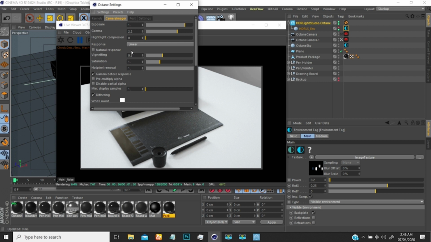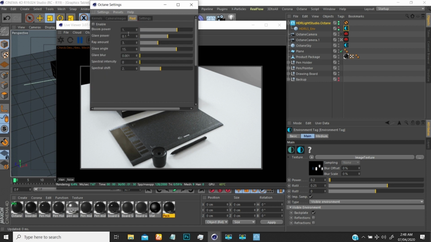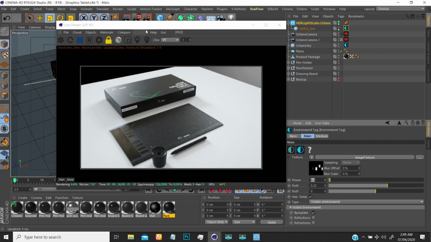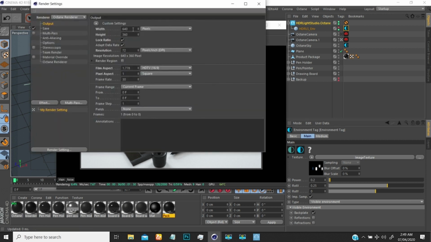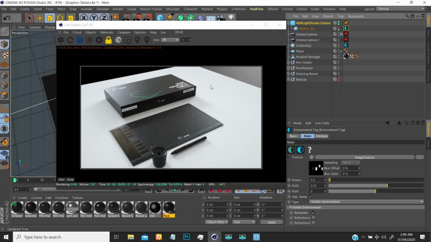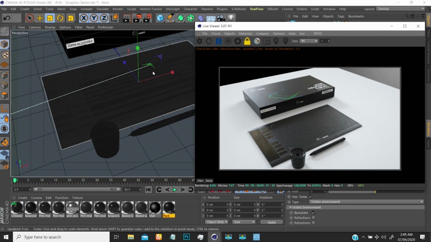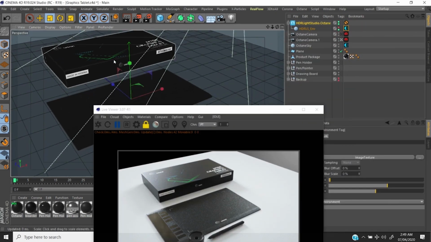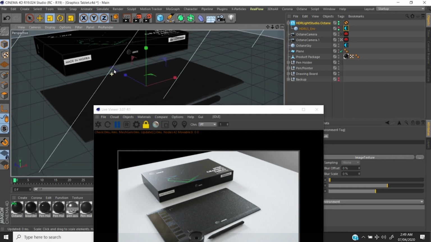Then over to my imagery, I think everything is fine here. Post, everything is fine here. So maybe I'll make this medium, and go to my render settings and change this. If I make this 1920 by 1080 full HD, I can just kick the render out. So if I come over to this,